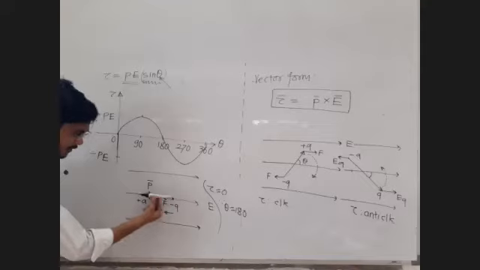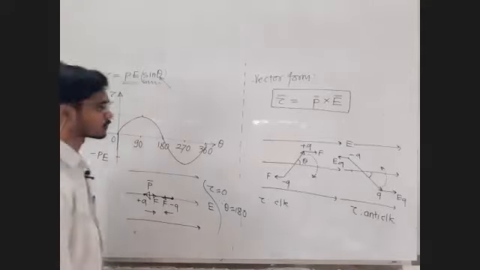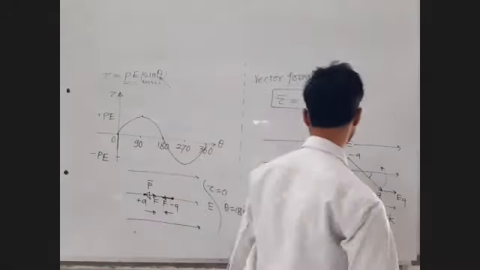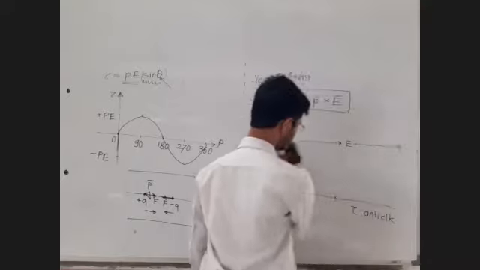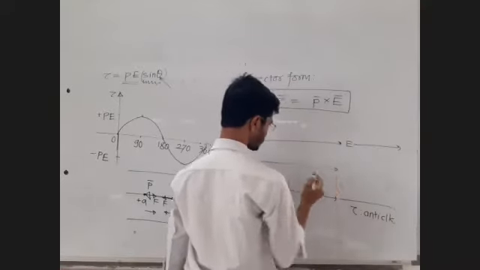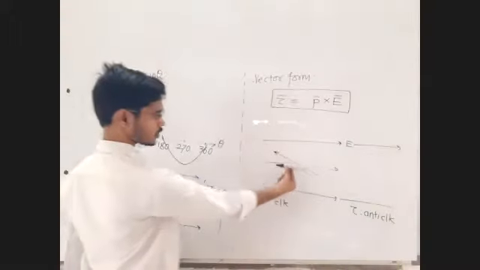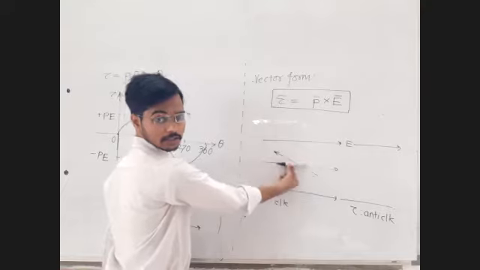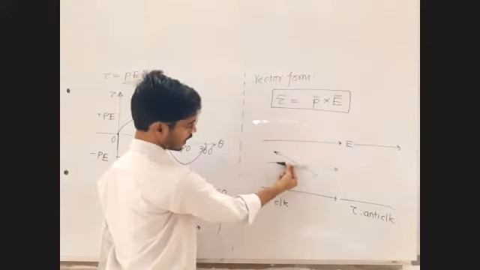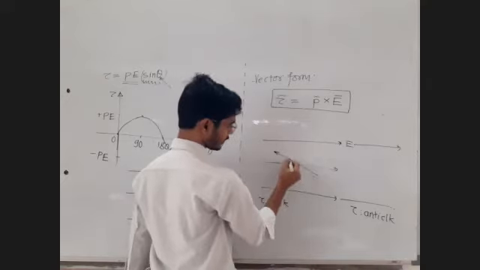Leftward, p bar is leftward. Now if you displace this dipole slightly from its position, let us try to check the consequences, what will happen to the system. Let's say I made the dipole like this. Initially it was leftward like this. Now I displaced it from its original position slightly by an angle equal to, let's say, theta.